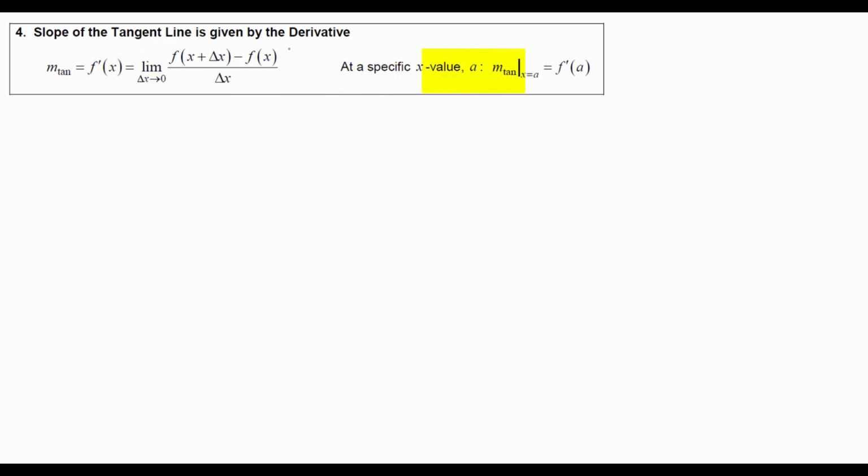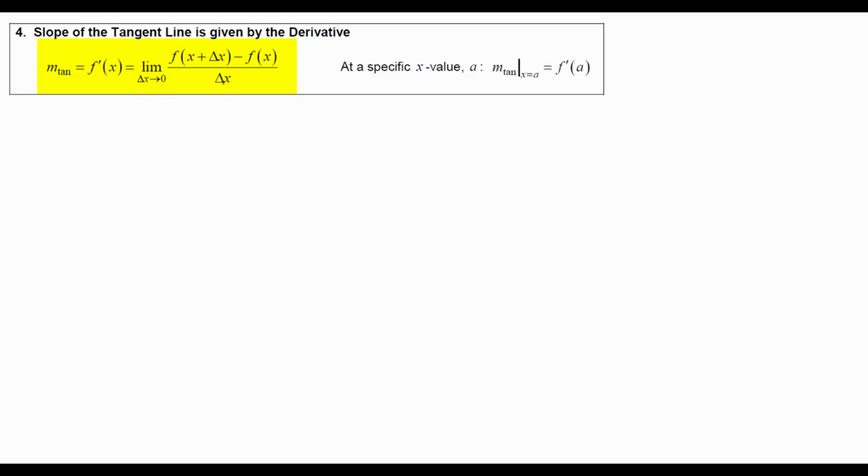you want. All you have to do is get the slope function and plug in x equal to the value that you want the slope of a tangent line at. So m tangent, which means the slope of a tangent line, is equal to f prime of x, and that was limit as delta x approaches 0 of f of quantity x plus delta x minus f of x all